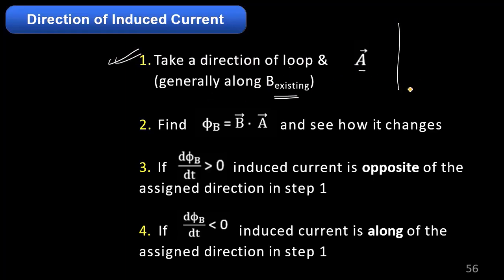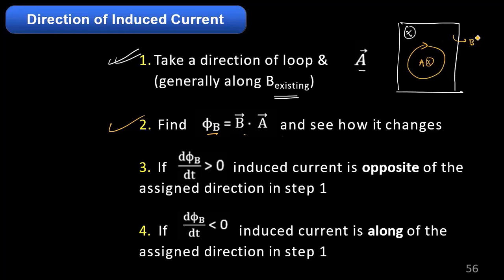Let us say there is a field which is cross, and I place a loop inside this. Let us say this is the loop. So in order to make A be in the cross direction, I move the loop in this clockwise direction. So I also assume that A is in this cross direction. Now find phi equals B dot A. Now let us say B is changing, B is increasing. So phi equals B into A is also increasing. So if d phi dt is positive, here d phi dt is positive, that means the current is opposite